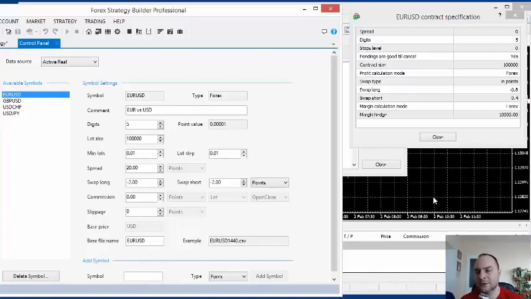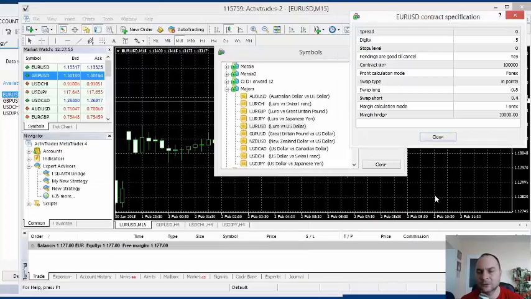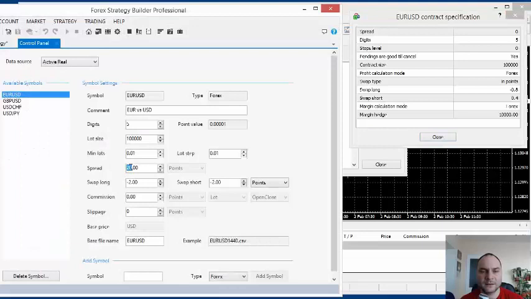I'll show in a moment another way how to import data. The spread. I don't know how much is the spread. Let's see. It's about 8 and 9 points. Let's make it 20, okay.